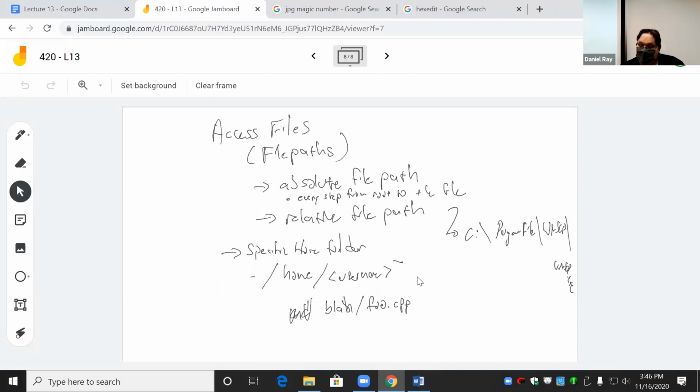So that takes me to inside the folder that's in my current directory, look for a file called foo.cpp and move it out of my current directory up another level to some other folder called test. Okay. And so both of these file paths are relative to the current directory that we're in, to our working